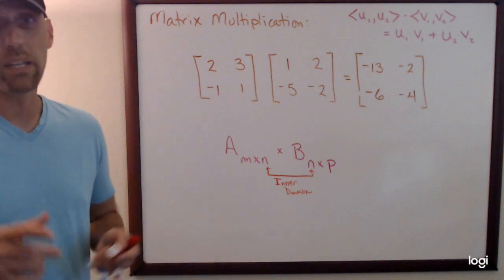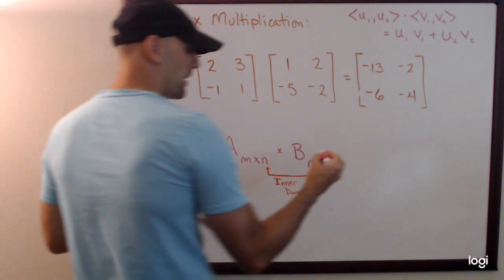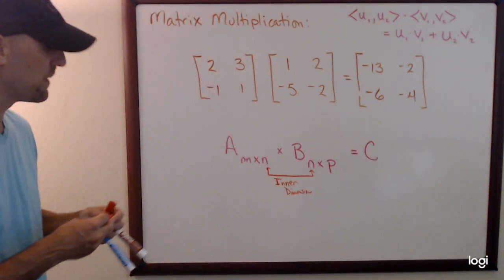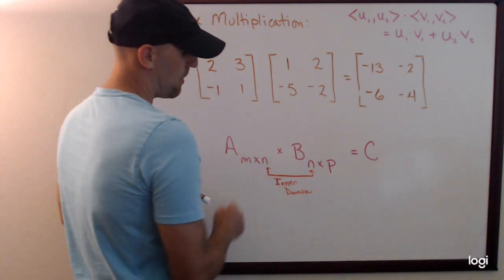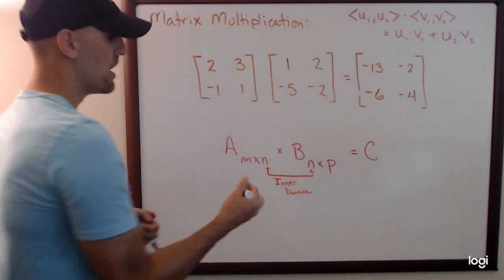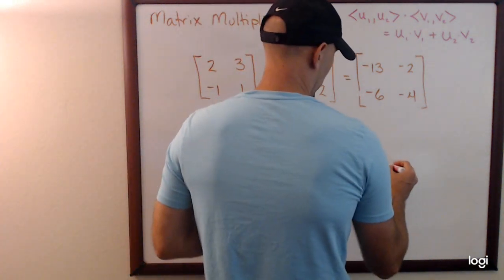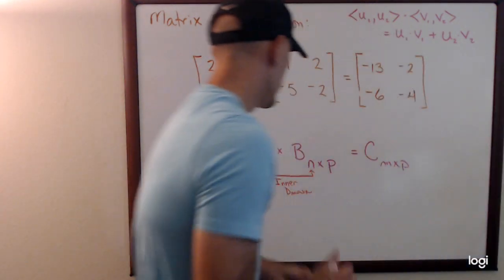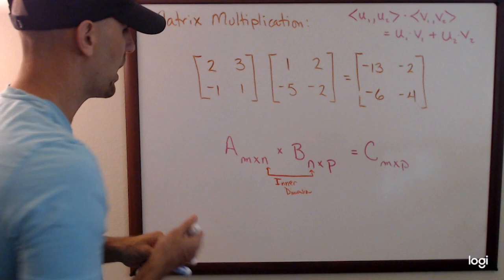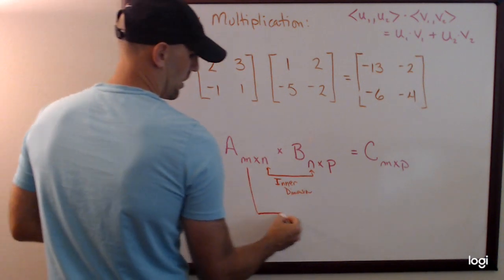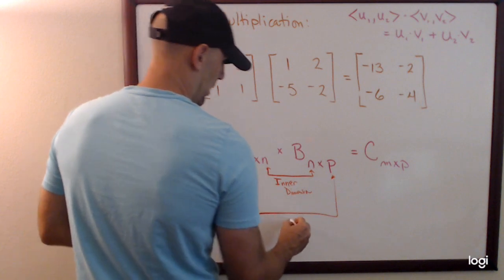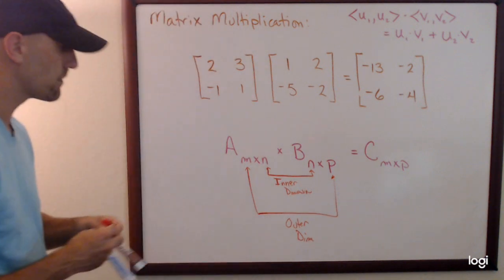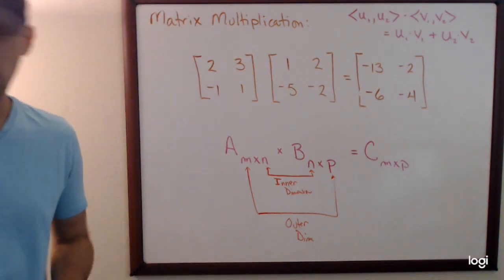Okay. But I can tell you then the size of the product. Okay? If you multiply an m by n matrix times an n by p matrix, then the result is going to be m by p. Where did I get those values? Well, those are the outer dimensions. All right, so these are the outer dimensions. Okay, fine. All right, so we just need to track